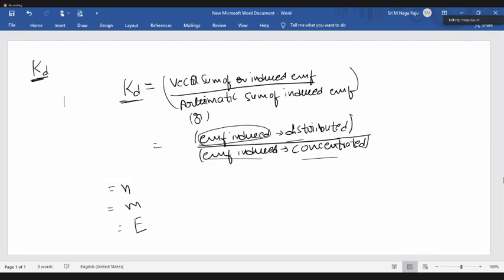Now tell me, what is the formula for beta? First of all, what is beta? Beta is the slot angle, 180 divided by the number of slots per pole. Slots per pole here we have n. So beta equals 180 by n. Now we will have one vector diagram, from that we can find the formula for the vector sum.